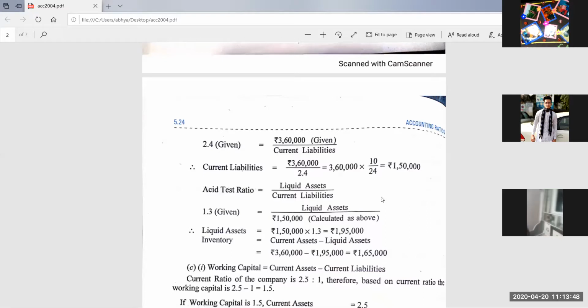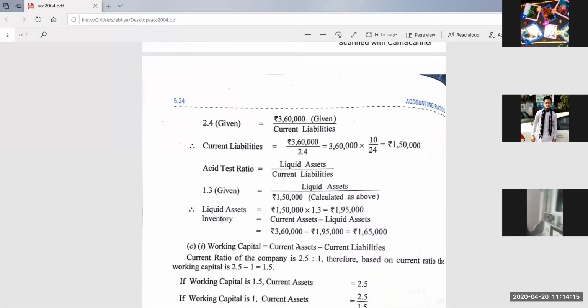You can do in any way, whichever you want, because in ratio analysis for doing one question there may be different methods, but the only thing you have to note is you should use the correct formulas in correct manner and the answer should be correct. Okay, students. So answer is correct, I think. Shall I go for the next question?